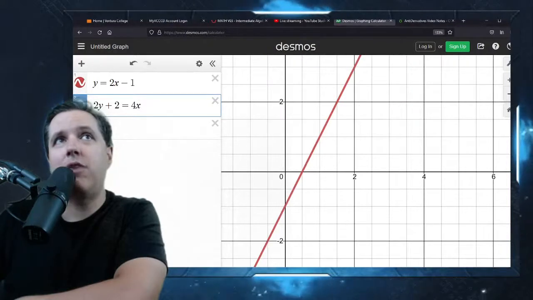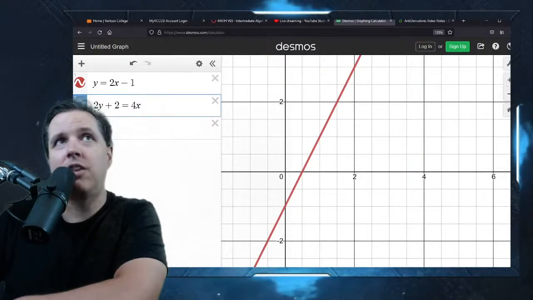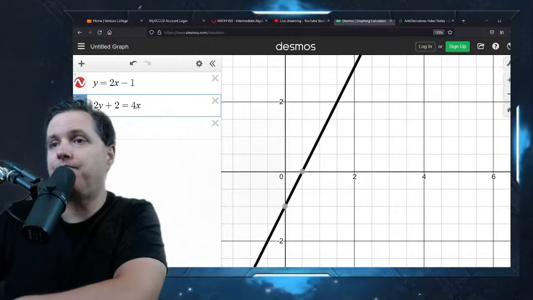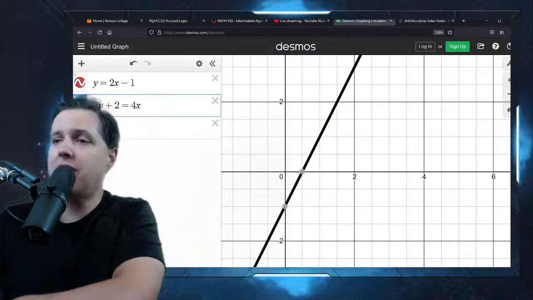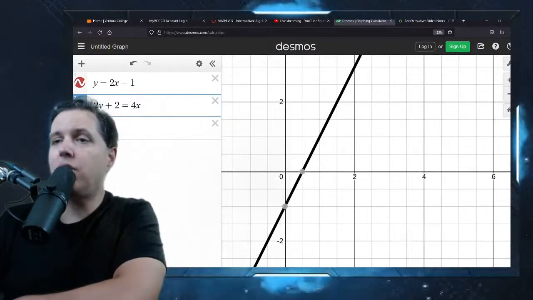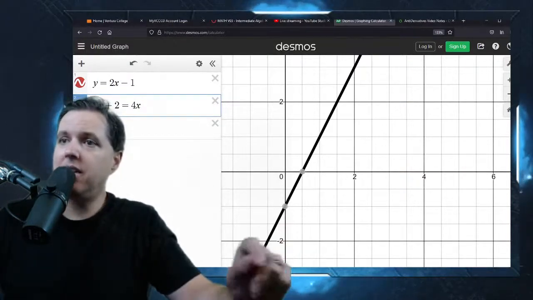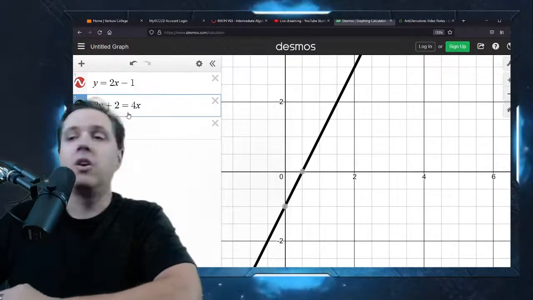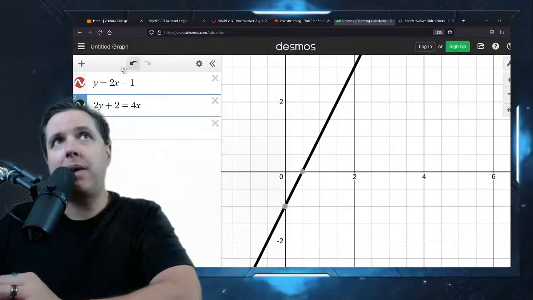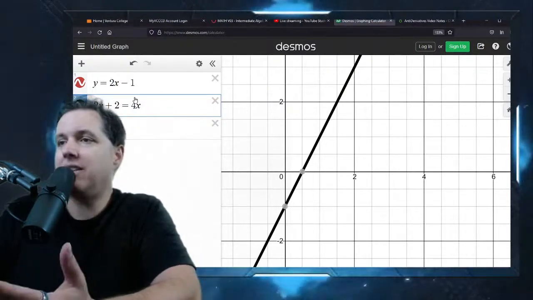But look what happens. When I graph one and then I graph the other, look, it's right on top of it, meaning that these are actually the same line. If you took this second equation and you solved it for y, you'd get the top equation, okay? So it's just two ways of writing the same line, but this is our third type of outcome. This is what we call a dependent system. The first two situations are called independent. This situation is called dependent. Okay, so they're dependent because one of these lines depends on the other line because it is that line. It's actually the same line, so it depends on it.